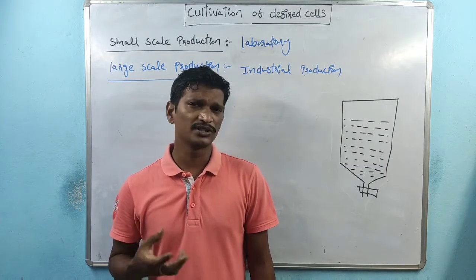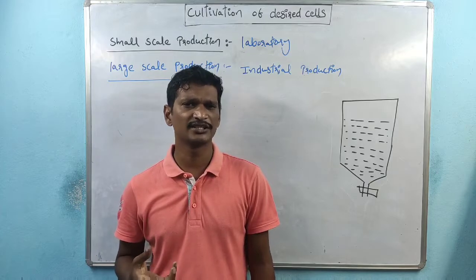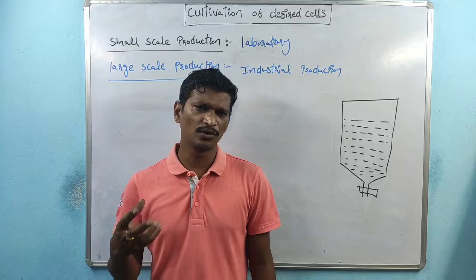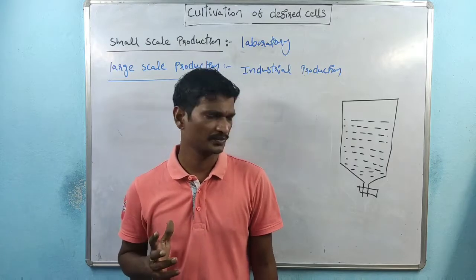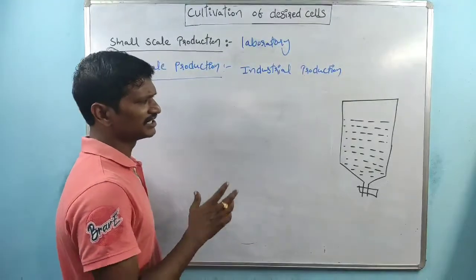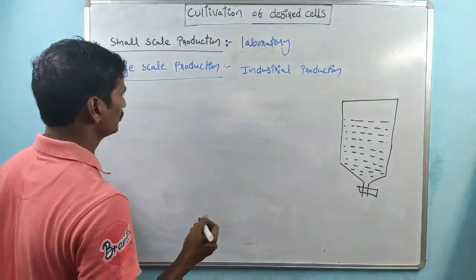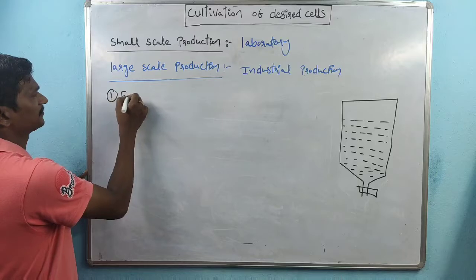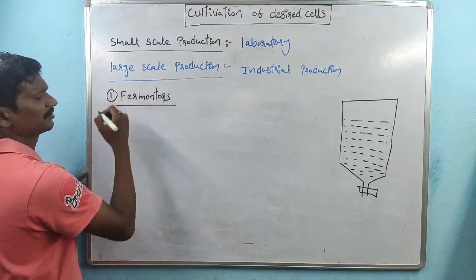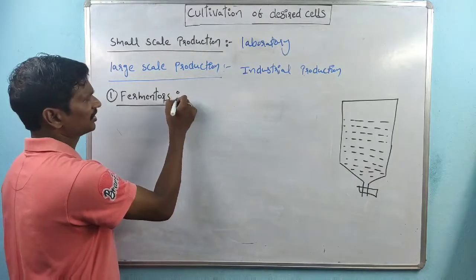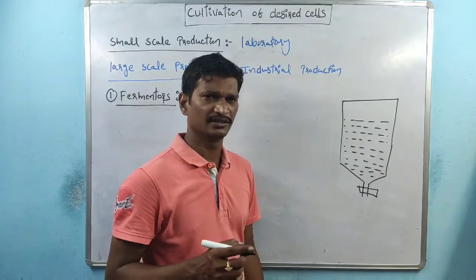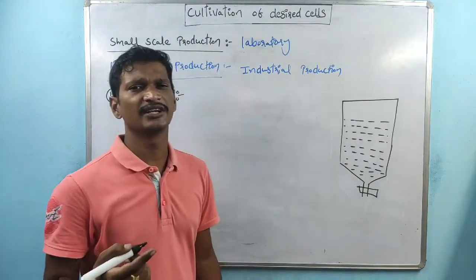So here, once the optimum growth is exhibited by the organism, optimum product means the more amount of desired product will be produced. So within industries, there are different types of devices. The very first one is the fermenter, or fermenters. Fermenters are huge containers. Inside the fermenter, sterilized conditions are maintained.